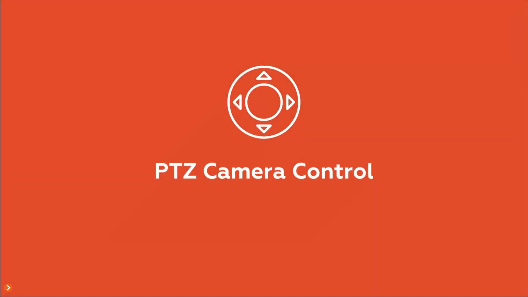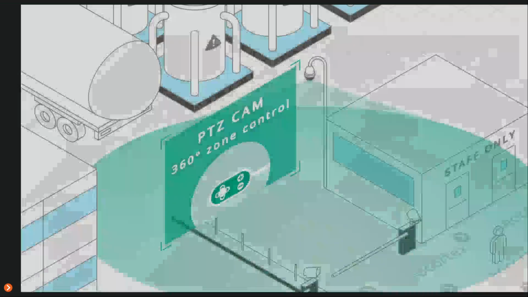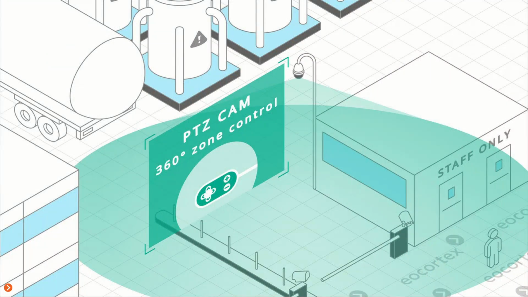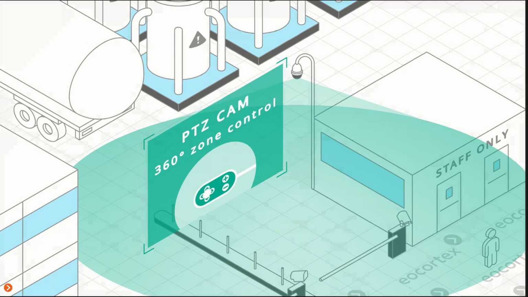PTZ camera control can allow you to monitor more, to cover more field on your premises using one camera. For example, if you have a big area, it is not wise to install many cameras, because you can only install one and set it to monitor the whole area, to zoom in, zoom out, and tilt and pan and cover more field of your